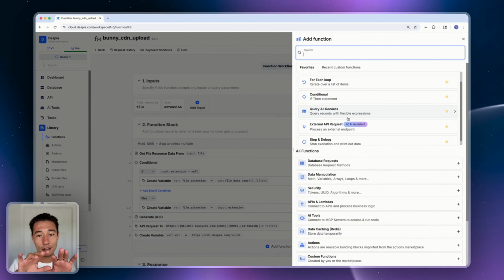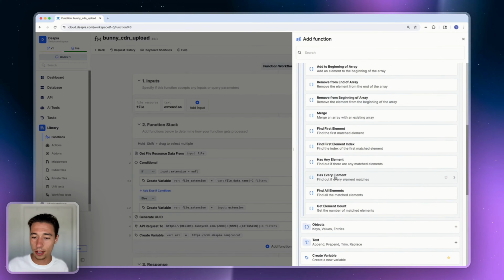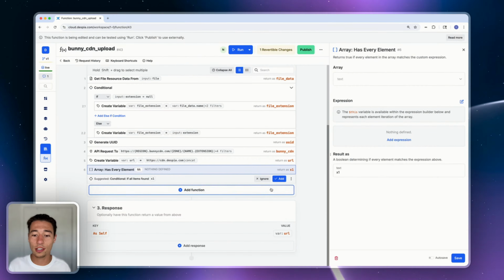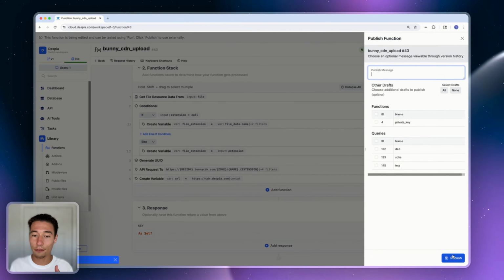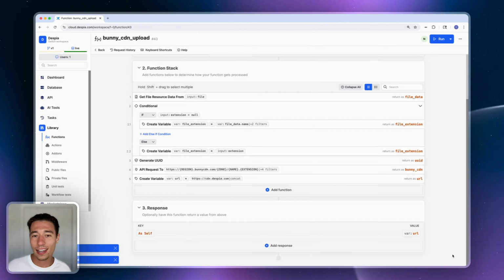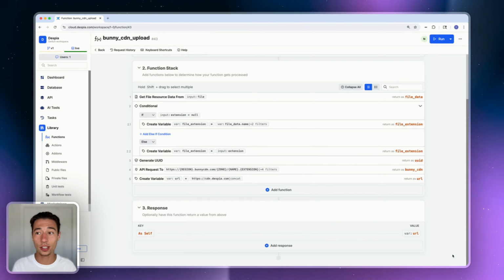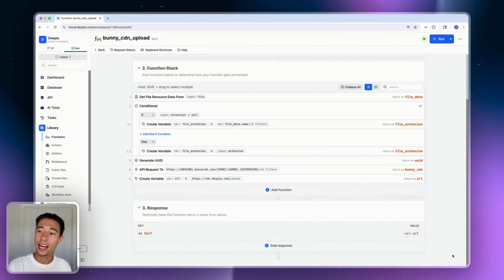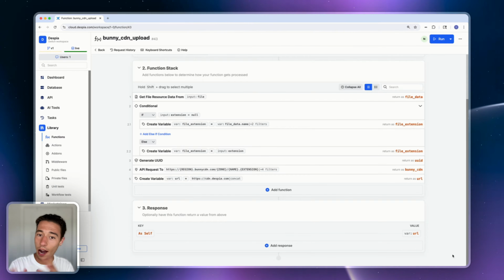But the thing is, I don't have to express myself through syntax. I express myself by, I don't know, taking an array data manipulation and doing a find every element and adding it in here and configuring those things visually, which makes it way faster than doing it manually, and also gives me the ability to have team members join the product, train them on it, and give clients or people in my team that are maybe not that technical the ability to understand how the system is working, and also have domain experts in finance, domain experts in iOS development take a look at that backend and give ideas and try things around to see how we can streamline processes.